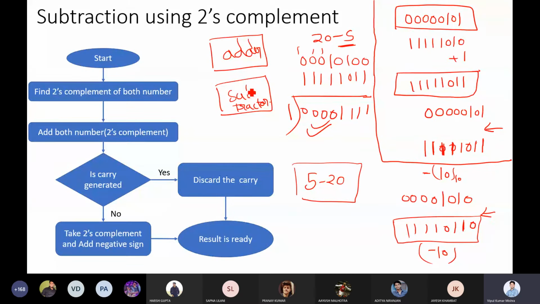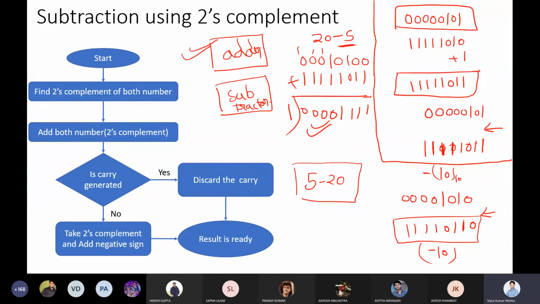But in case of 1's complement or 2's complement, what you need? You do not need both of them. You need only an adder, and that is good enough for addition as well as for subtraction. Ready? Because we are not doing subtraction here, we are doing just addition. You just take the complement and do addition.